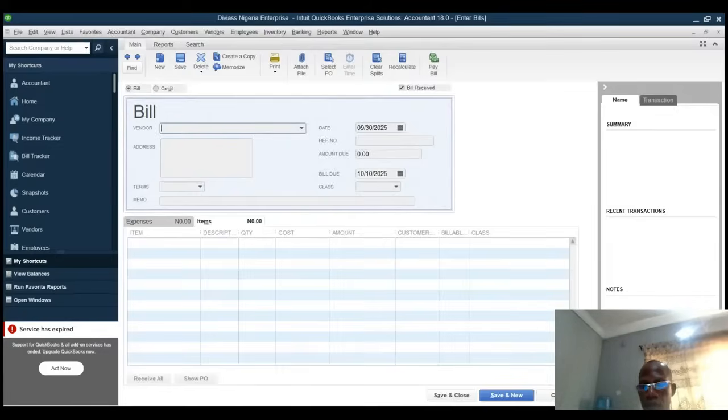So let me share that with you, the Excel file, before we move on. Let me share the Excel sheet first. Sorry, let me share the screen, the Excel sheet. So here we have